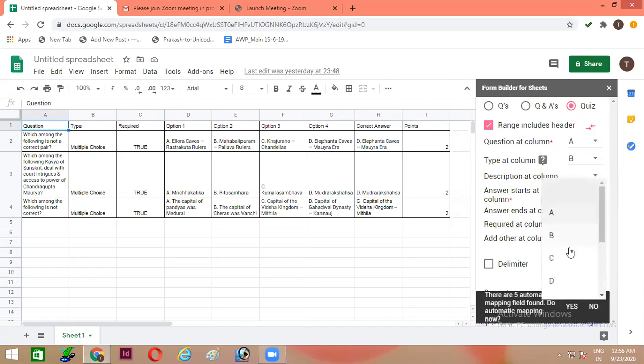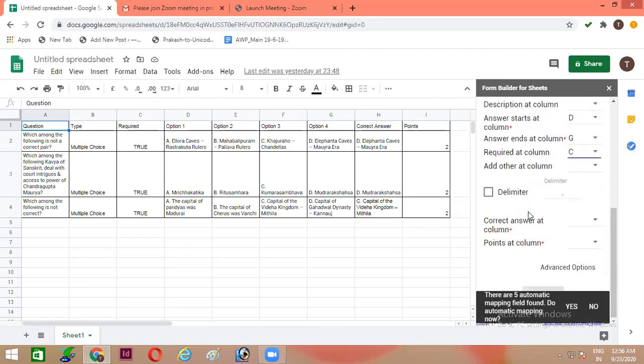Answers start from column D, and my answers end at column G. My required column is column C. No delimiter is there, so I am omitting it. My correct answers are in column H, and my points I have allotted in column I. So we have selected all the respective columns and the mapping is done.